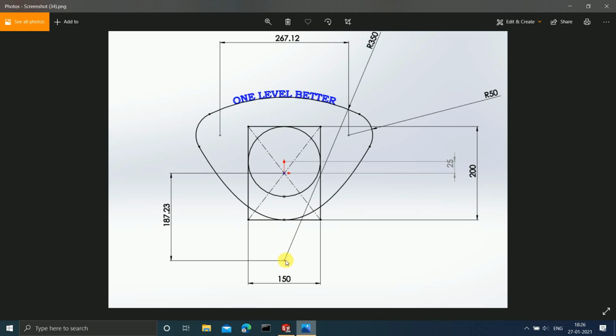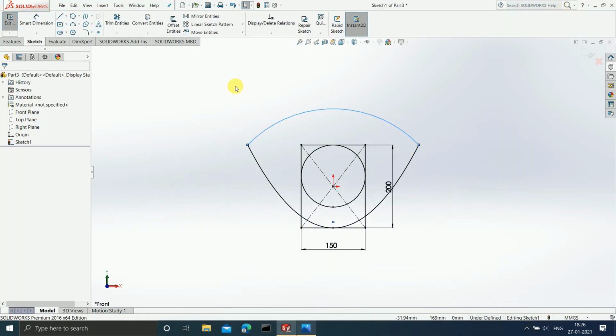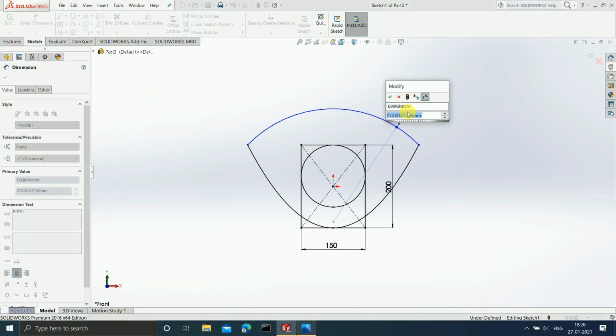This is the center point of the arc, and can you see the radius of the arc is 350. So let us give the dimensions to this arc. It should be 350. So let us enter 350.